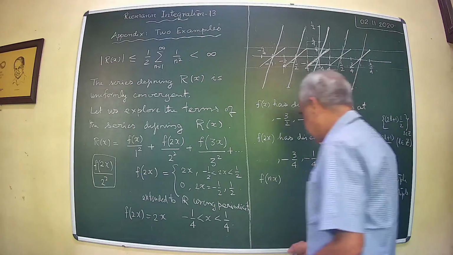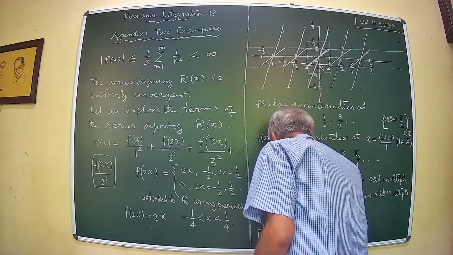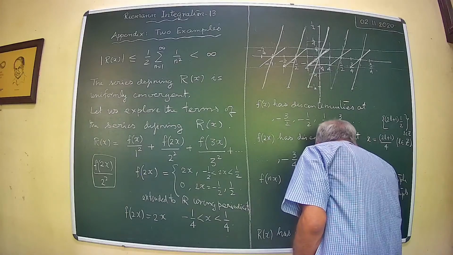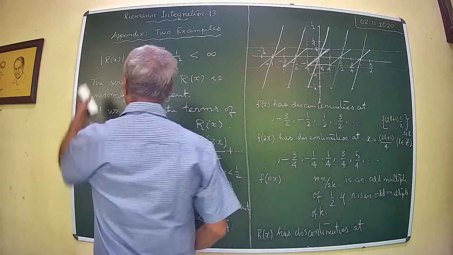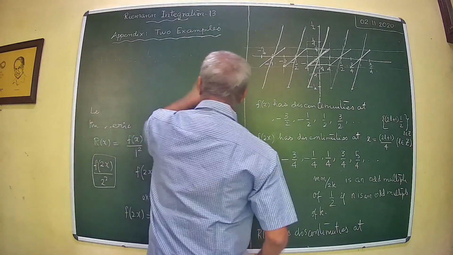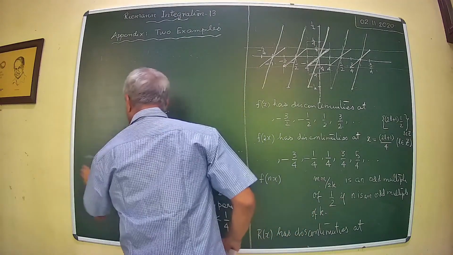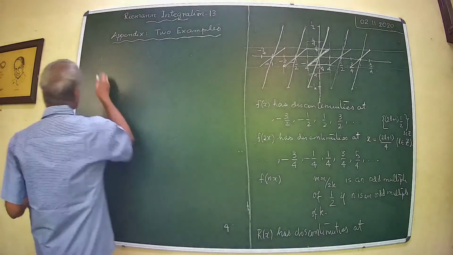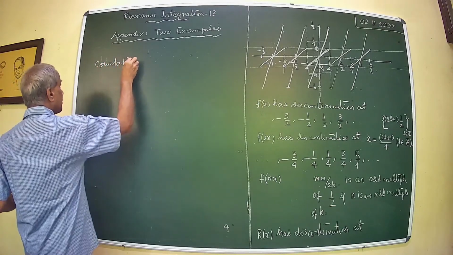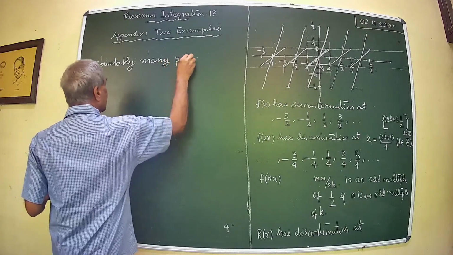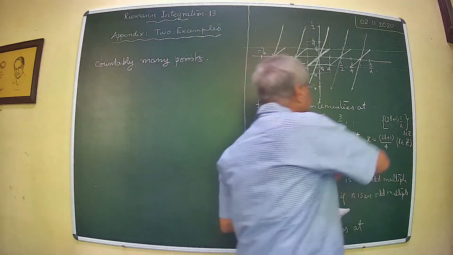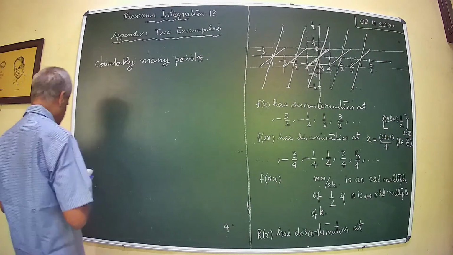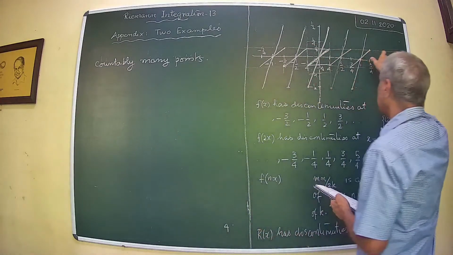Therefore, one can see that R(x) has discontinuities at countably many points, which is essentially the discontinuities of all these terms. And at every one of these points, it has a jump discontinuity,